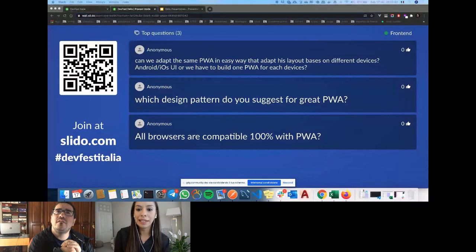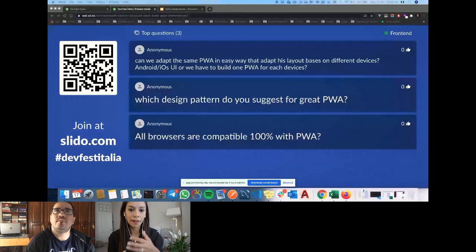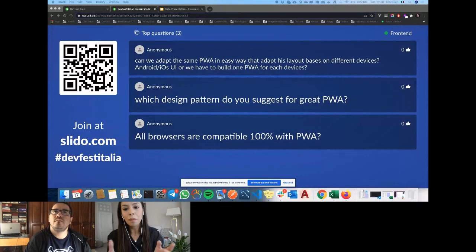In terms of layout, we decided to go with mobile first. So we use One UI, which is one of the libraries that I mentioned before, that allows you to use this design pattern that Samsung created. Of course, it means that we build everything for mobile first, but then we use some CSS for particular things. For example, some things related to desktop, some things related to dark mode or light mode, and also accessibility. Of course, there are actually good practices related to PWAs and using just one. But I'm pretty sure that for more specific things, you will use